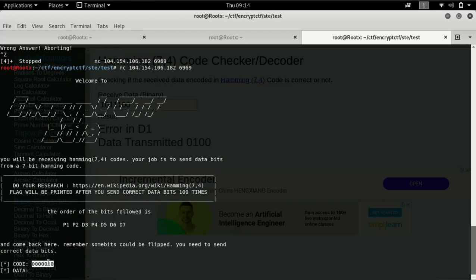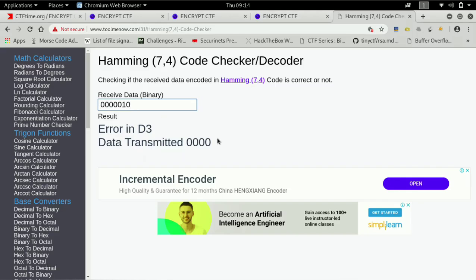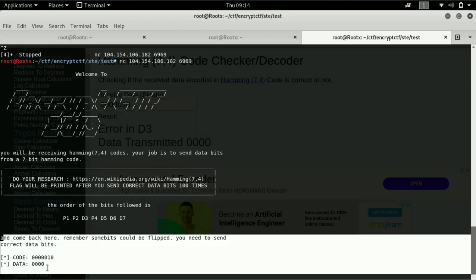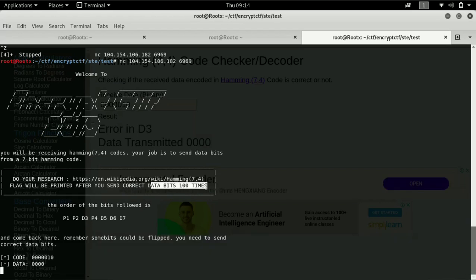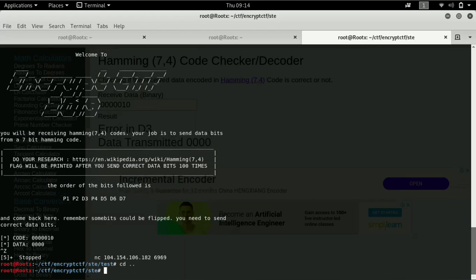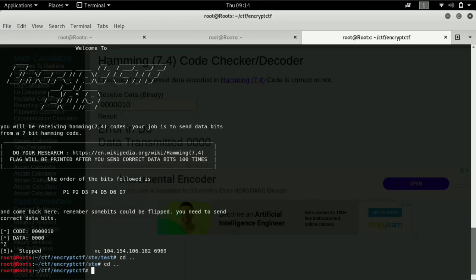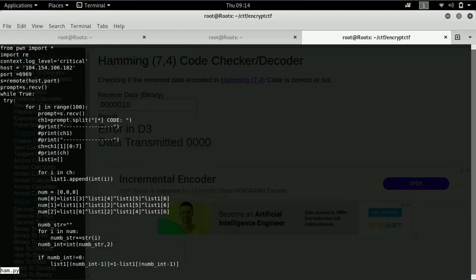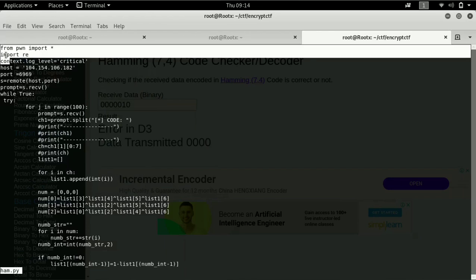Okay, I already have the script. Not me, my teammate wrote the script. I will show you that one also. Okay, 100 times. Let me show you the script first. Here is the script.